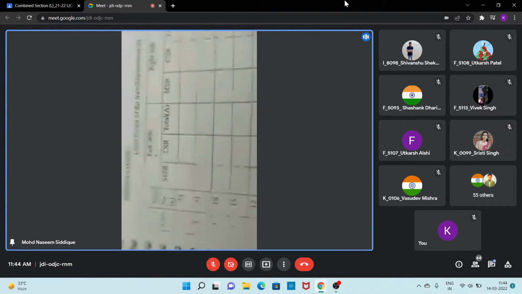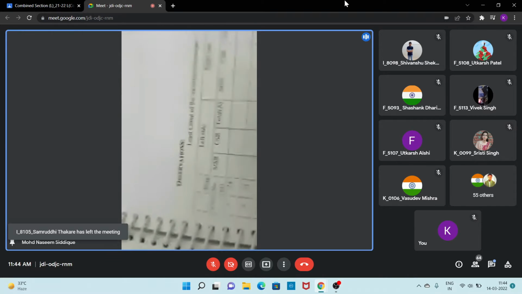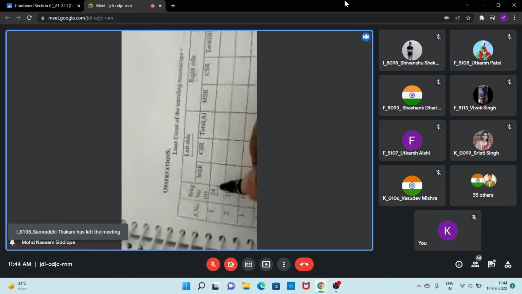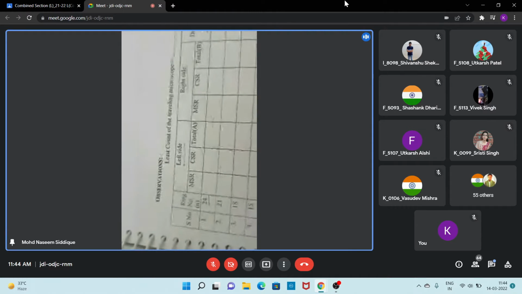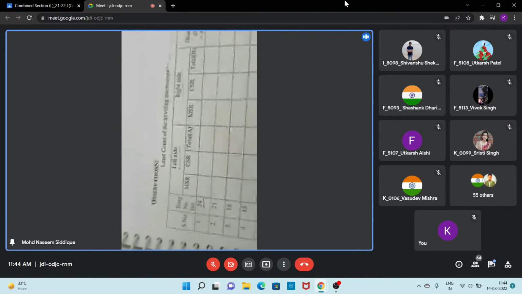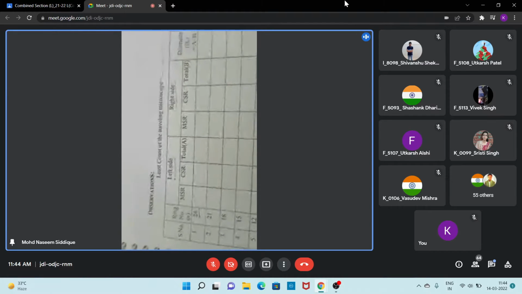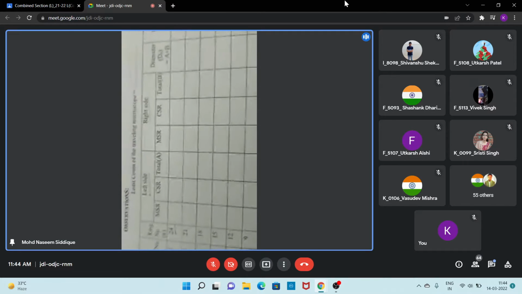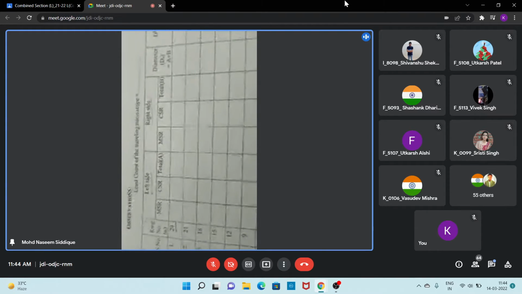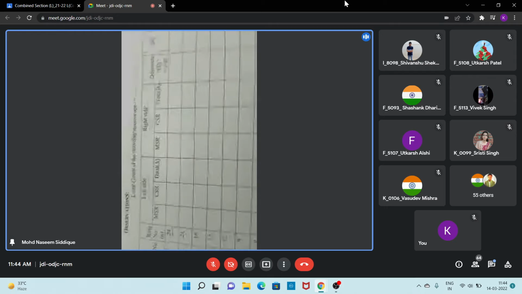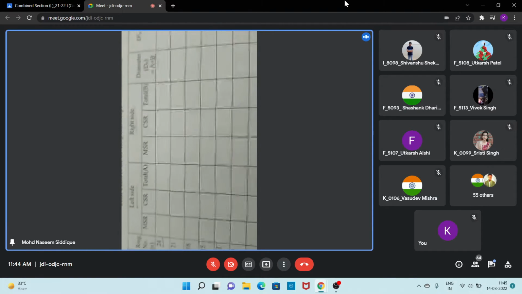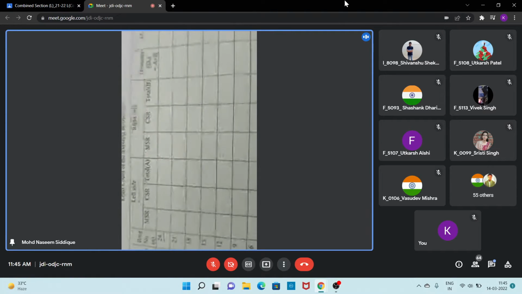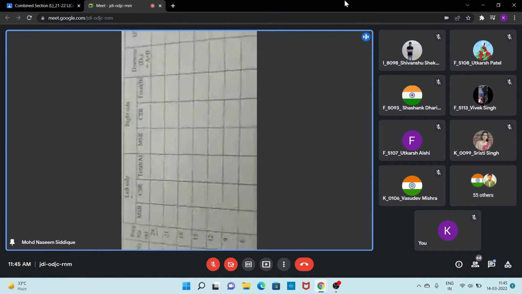So you just see in the table what we will do. First we will measure the 24th ring. We will take the left hand side reading from the center and the right hand side reading from the center. So there will be the main scale and circular scale. We will multiply the circular scale division with the least count and then add it to the main scale, then we will find the total A, meaning the radius of the 24th ring on the left hand side.